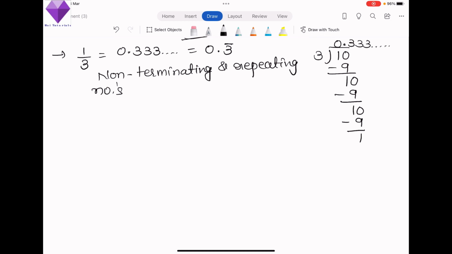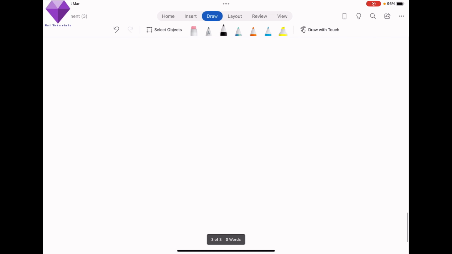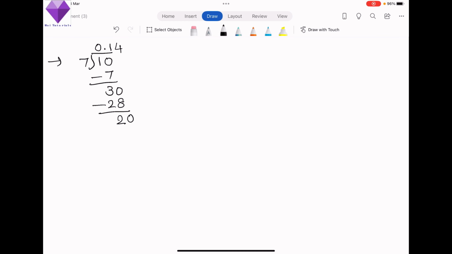Now let us take one more pattern in that, where I am taking a number 1 divided by 7. So again the same thing, 1 won't be divided by 7, so I am putting 0.0. 7 ones are 7, so remainder is 3 0, so 7 4s are 28. When I subtract I will get 2 0, so 7 2s are 14, 6 0, 7 8s are 56, 4 0, 7 5s are 35,